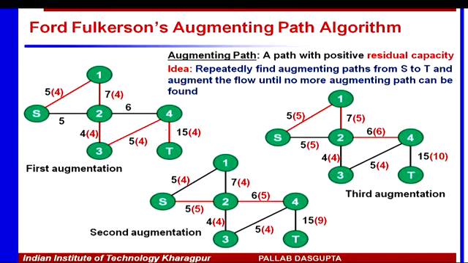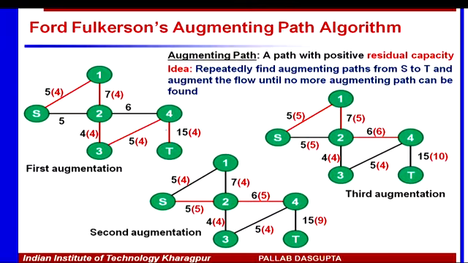And Ford-Fulkerson's algorithm comes with a proof which shows that when it terminates, there will be a cut whose capacity will equal the flow, or rather the flow will equal the capacity of some cut. And then the max flow min cut theorem says that this is the min cut, that is the max flow, right?